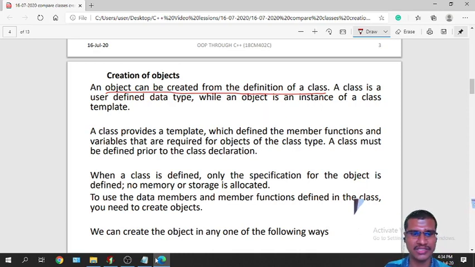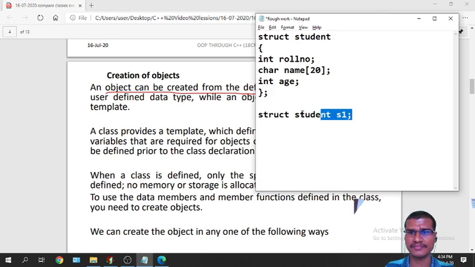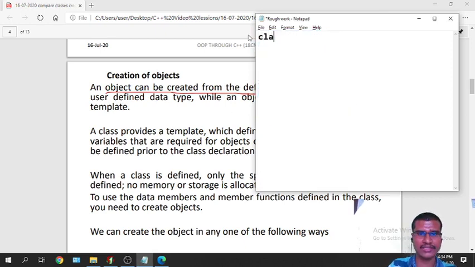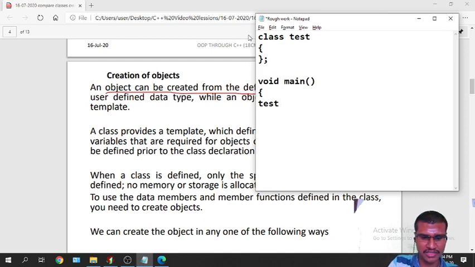What is the syntax for creation of an object? If you have a class Test or Sample, the class will be declared like this, and how will you create an object for this class? Test is the name of the class, and the object for this one is Test t1. Okay, this is the object.